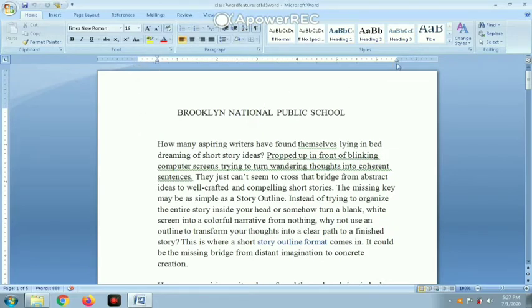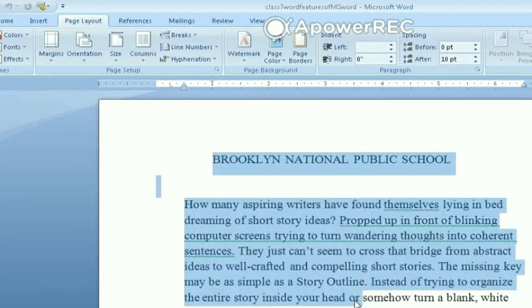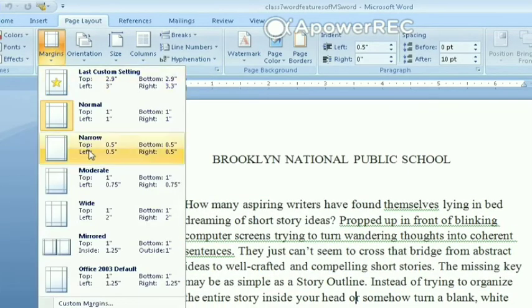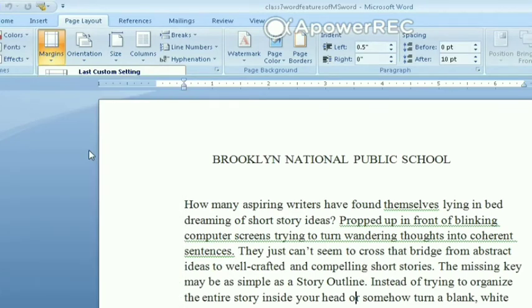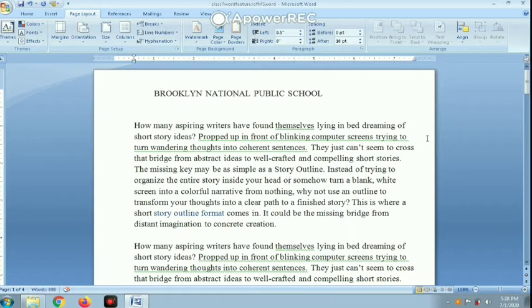On the ruler bars, the shaded parts indicate the margin. Margins are the amount of white space between the text and the edge of the page on all four sides. Now click Page Layout. The options Margin, Orientation, Size, Columns are available. The margin is used to set the margin of the page. Once we set the margin, it will provide some space in here.